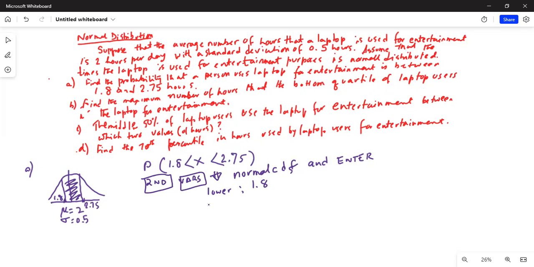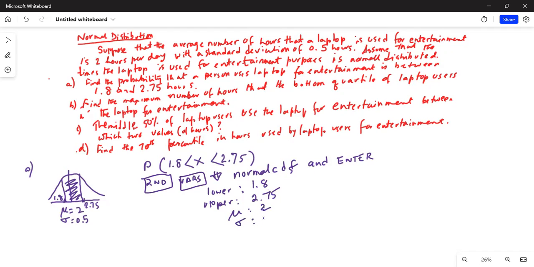The upper is 2.75. So type in 2.75. The mean is 2 and the standard deviation is 0.5. So mean mu is 2